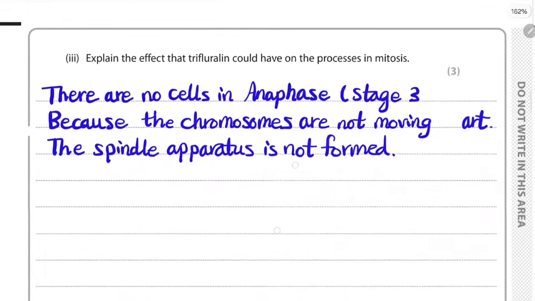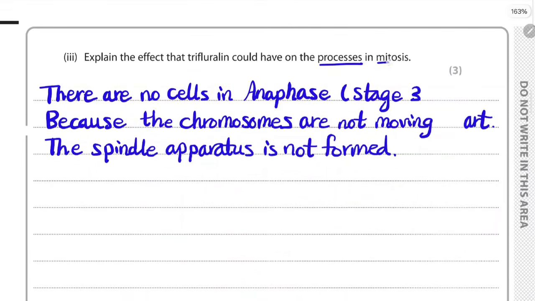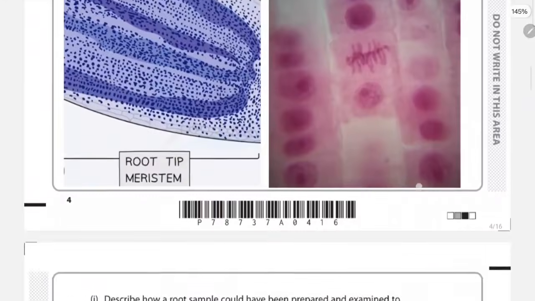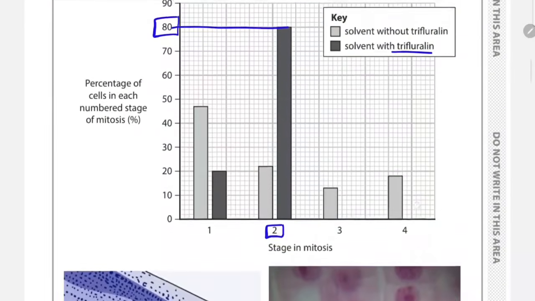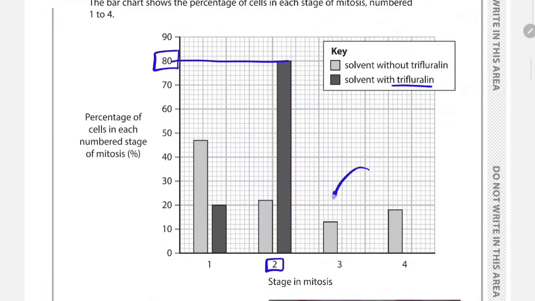Explain the effect that trifluralin could have on the processes in mitosis. So let's see the table in order to explain these effects. Trifluralin actually had no results starting from stage number 3. We had totally zero number of cells in mitosis for stage 3 and also for stage 4, which means that mitosis has